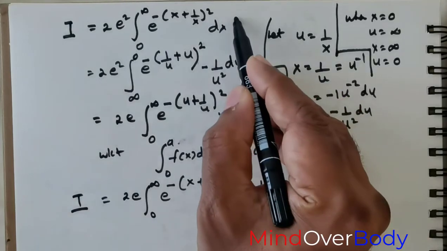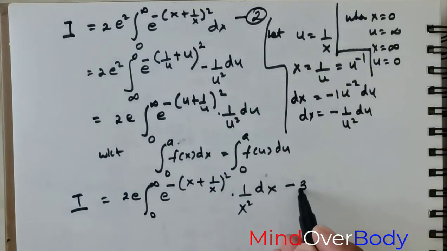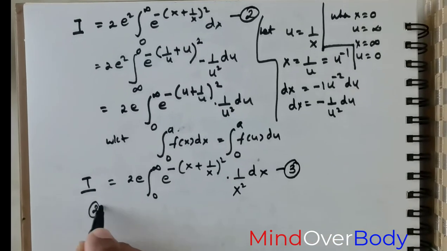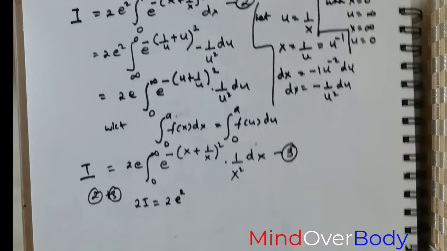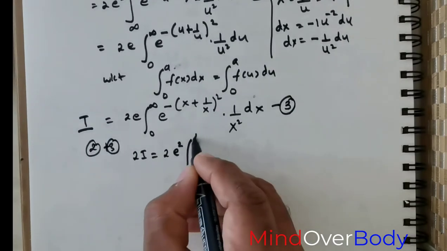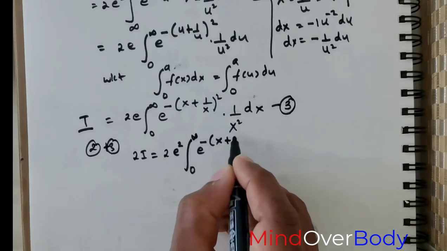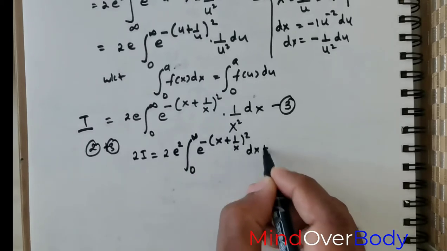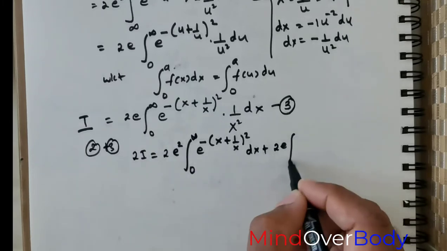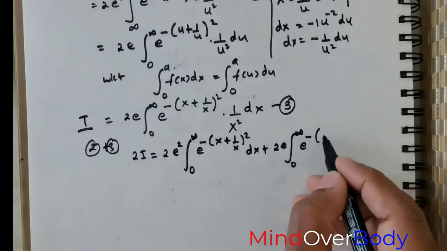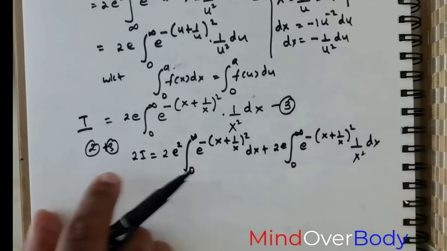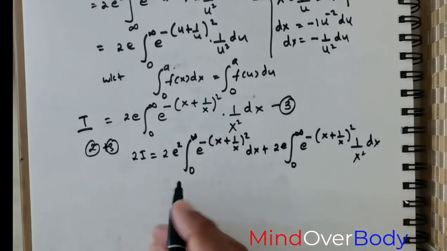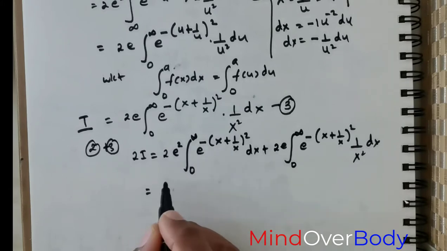Now I'm going to take this as equation 2, and this as equation 3, and then adding 2 with 3, I would get 2 times I is equal to, I would like to place this first, 2 times e raised to the power of 2 integral 0 to infinity e raised to the power of negative of (x plus 1 over x) raised to the power of 2 dx, plus 2 times e raised to the power of 2 integral 0 to infinity e raised to the power of negative of (x plus 1 over x) raised to the power of 2 times 1 over x squared times dx. Now if I were to take this quantity as common along with the integral, I would get the following. So it's going to be 2 times,